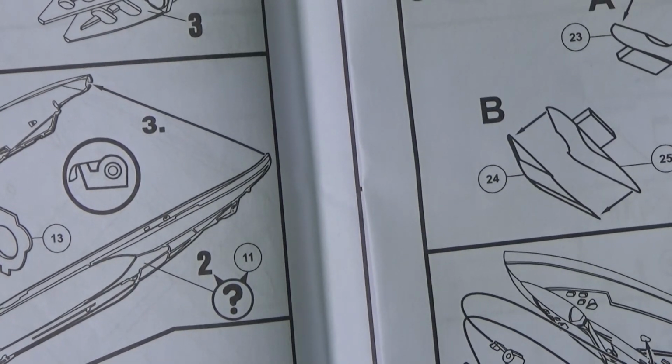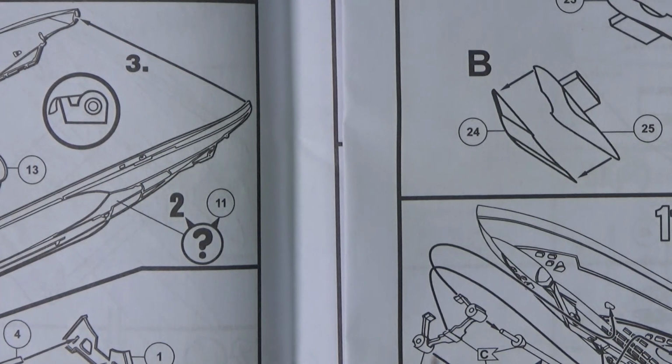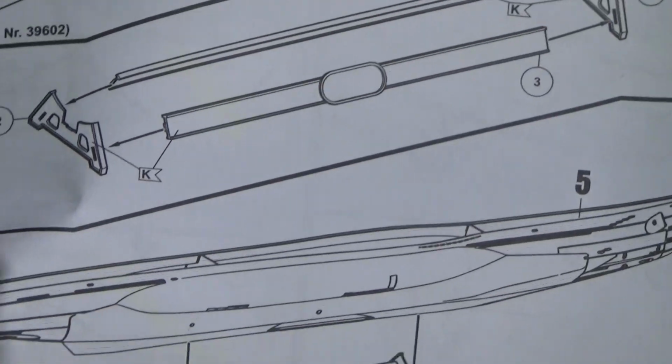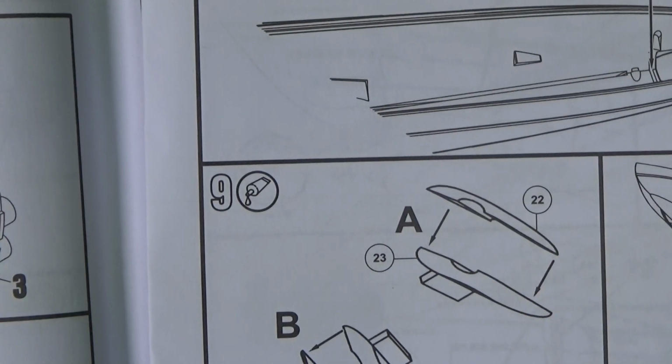So they're over there. So my next update will be showing the hull complete with the paintwork inside and just sitting there like it is in part 7. Like you say, sitting on the stand in part 7, but with part 8 done. So technically, if I just do this now,